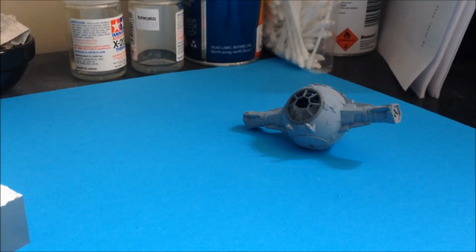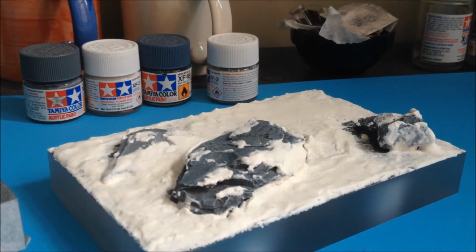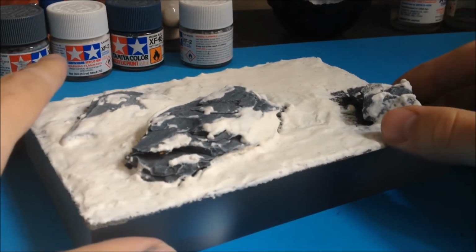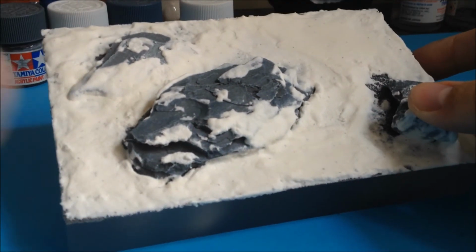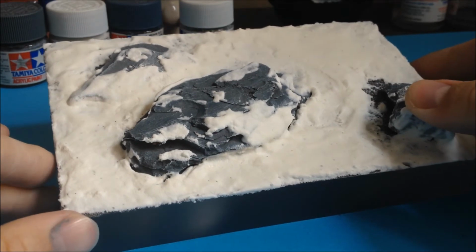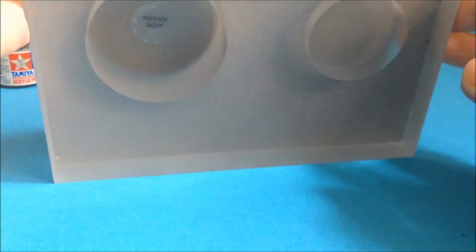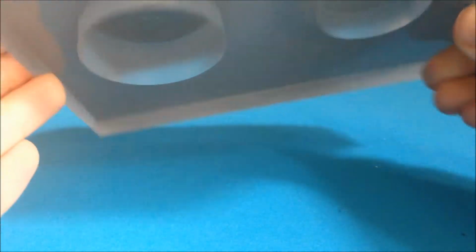Going back to the Bandai stuff, since I'm pretty much finished with this, I'll be moving on to the ATST, and I really don't like the base for that, so I'm going to be doing my own, and I don't have time to do a big forest display, so I decided I would try a snow base, because we did see an ATST in Empire. So this is just an acrylic brick for cosmetics actually. I have about 10 of them,